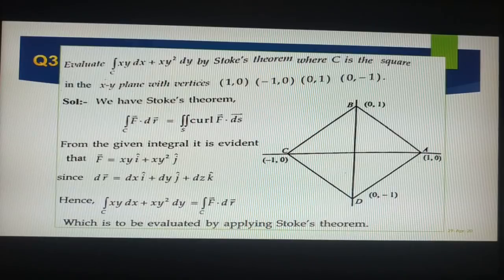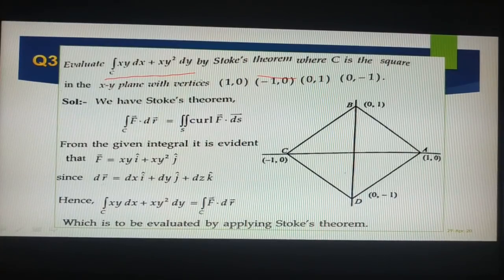So here in this problem we have to evaluate only the integral over c of xy dx plus xy square dy by Stokes theorem. Instead of going along these lines, I can simply integrate this because it is on the xy plane, always in the k direction; if you take that, it is enough. So while taking the curl with the help of Stokes theorem, by applying double integration on the surface, it will be very easy to integrate. This is the formula you know very well. Instead of finding this, what am I now going to find? I am going to find the RHS side.